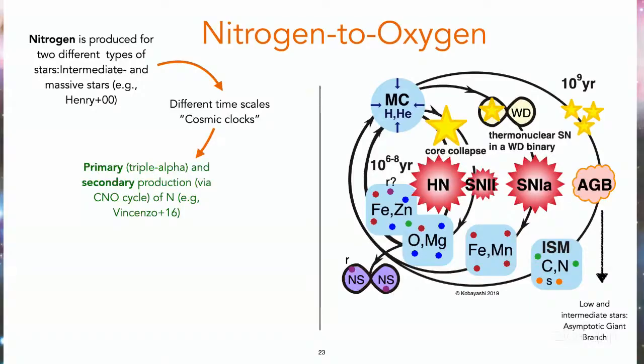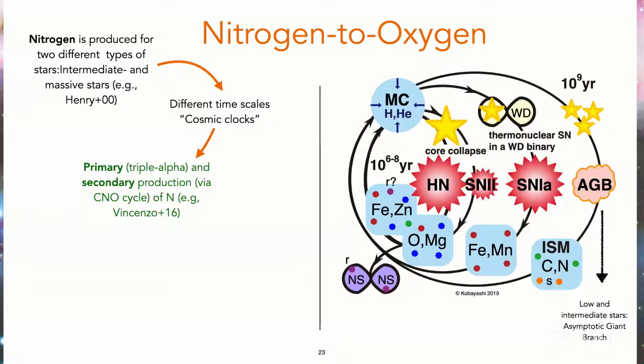First, nitrogen is produced by the CNO cycle. So carbon needs to be present to produce nitrogen, and carbon is our seed, in this case, for nitrogen. If carbon is produced from helium, this means that the nitrogen in this case will be primary. However, if a persistent seed of carbon is already there, you can have a secondary component for nitrogen. Those are these two different nucleosynthesis channels.